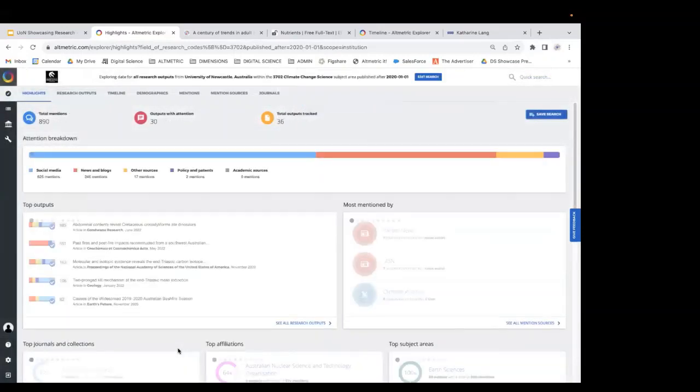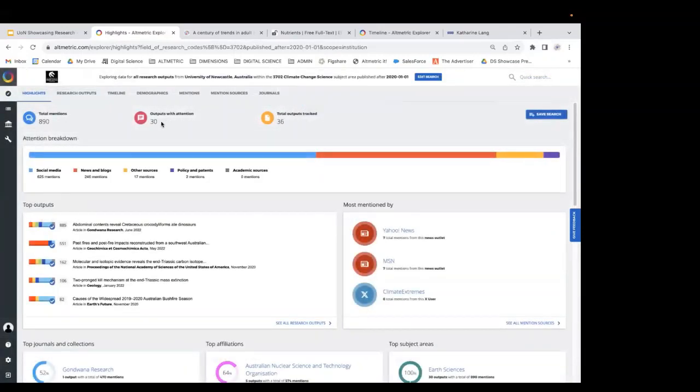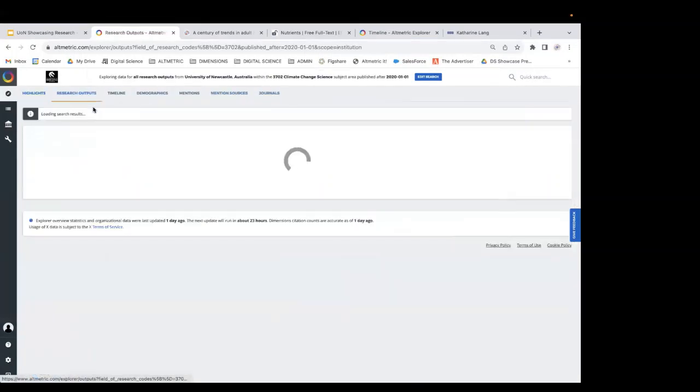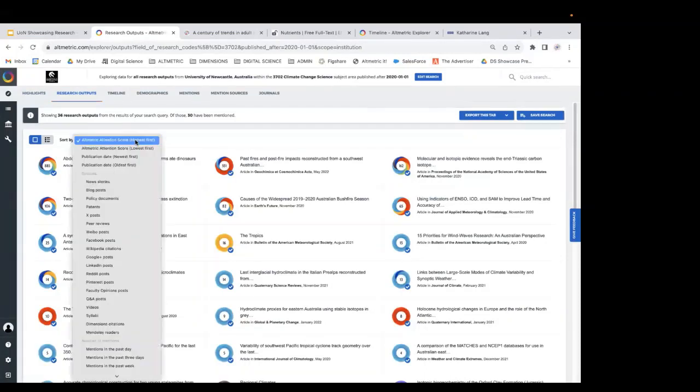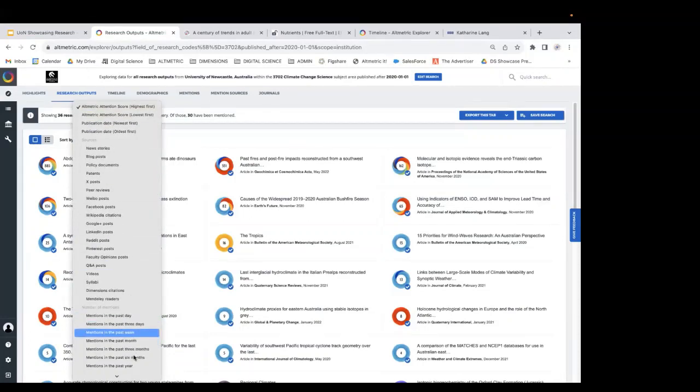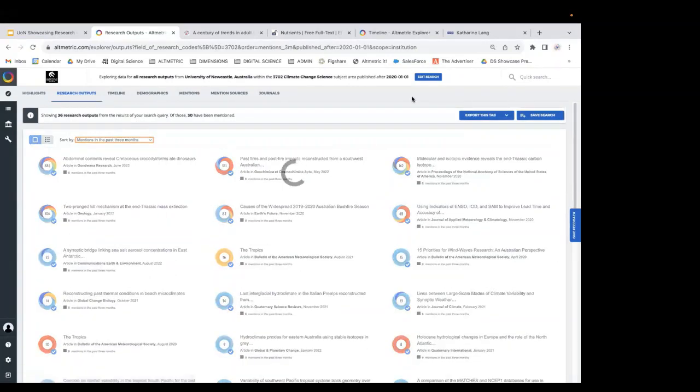And I'm going to run my search, and we can see that there are 30 outputs with attention in this particular FOR code. Now I can have a look then at the research outputs. So I can see that in terms of the altmetric attention score, but I can also then see the number of mentions in the past year, the past 6 months, to understand some reporting around what's been happening in that space. So if I go 3 months, for instance,